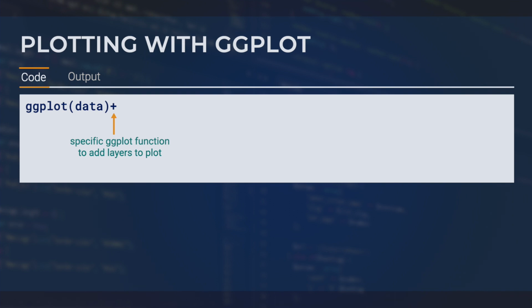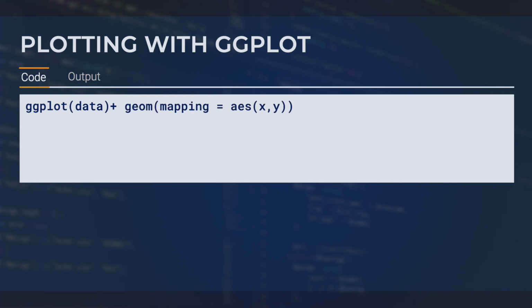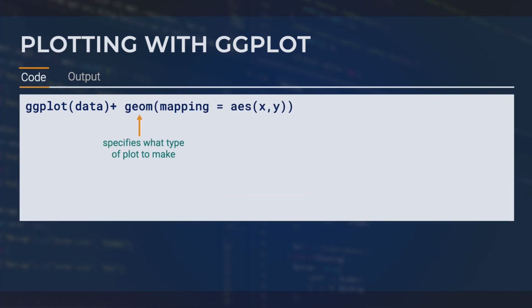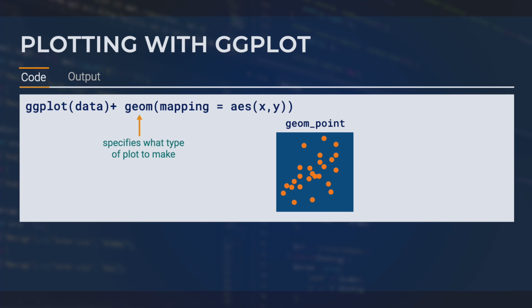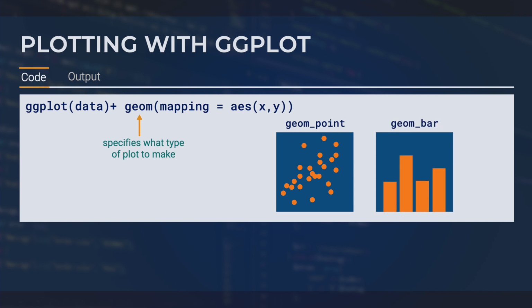For ggplot, the next layer is typically the geom. This part of the function is telling ggplot what sort of plot to make. There are a variety of geoms, such as geom_point, which makes a scatter plot, or geom_bar for bar plots. You can choose the geom for the type of graph you want to make,